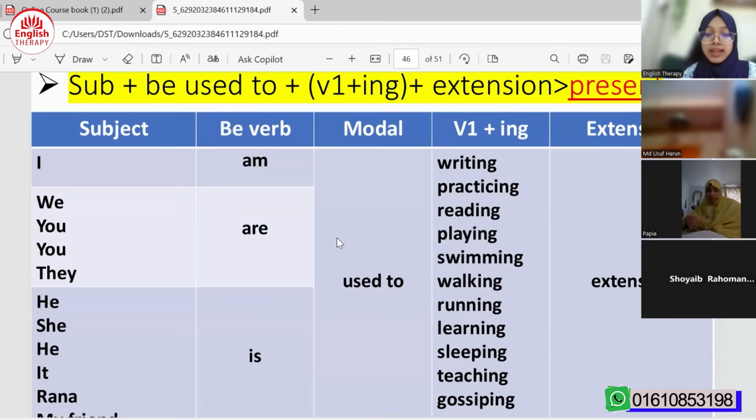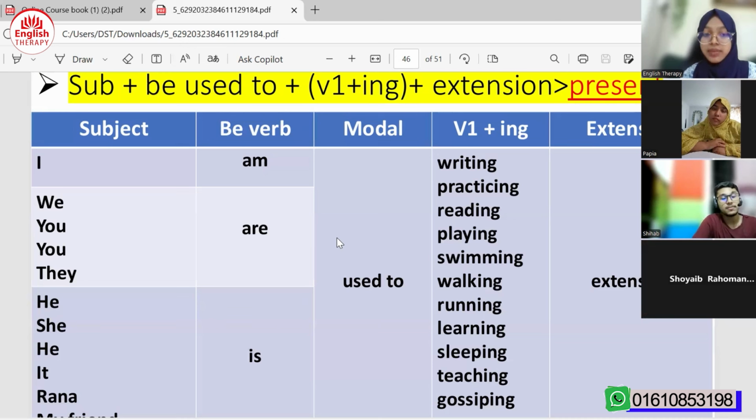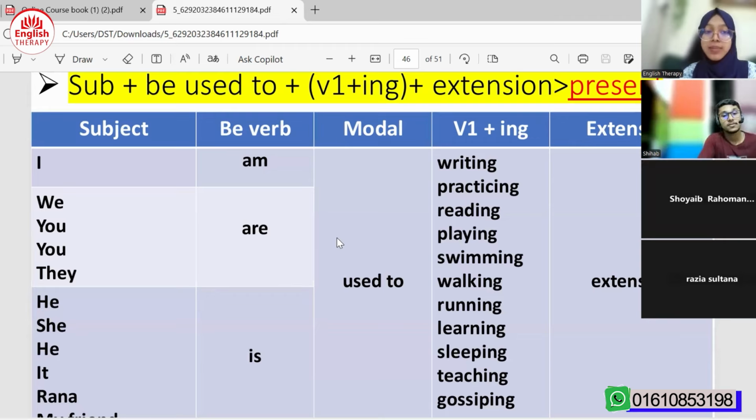Okay. So another sentence for you. That means when we use "be used to" here, there is no need to add any extra adverb like regularly or every day. No need to add an adverb, because it indicates our habit. So what is our habit? Whatever we did in our past, whatever we are doing in our present, and whatever we will do in our future, this is our habit, right? So if you are talking about your habit, then no need to say any extra thing.